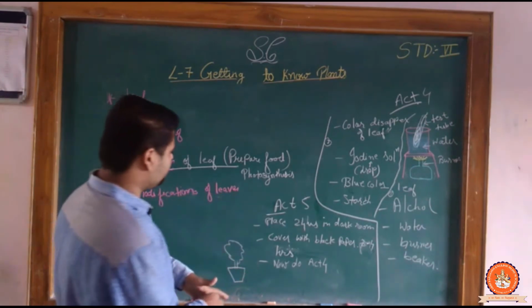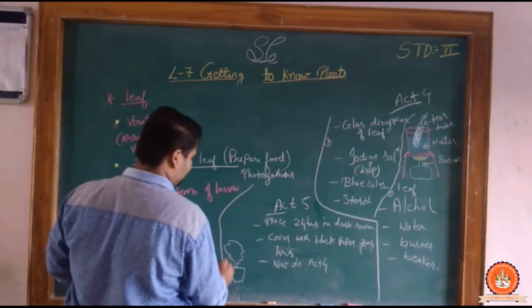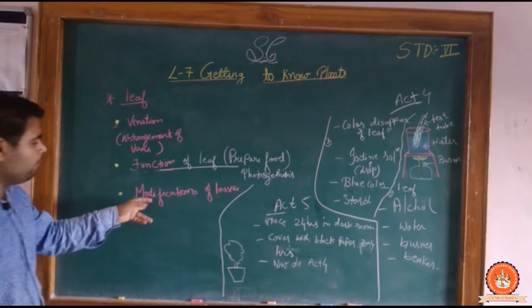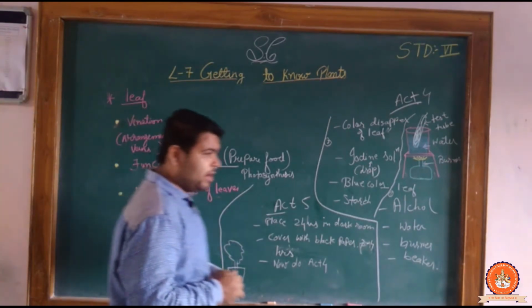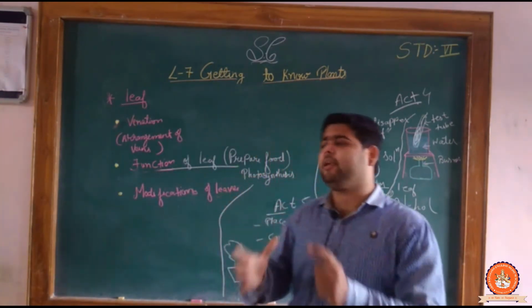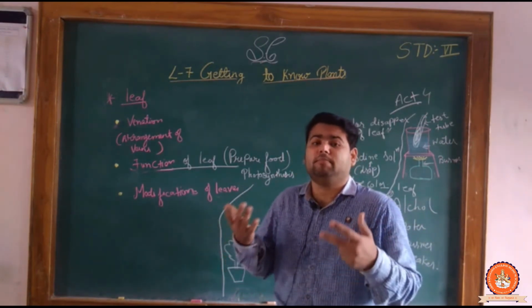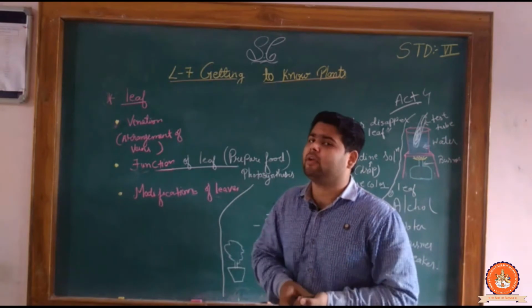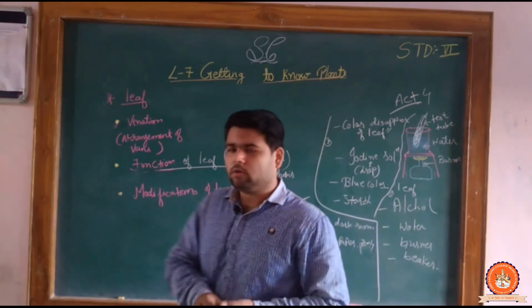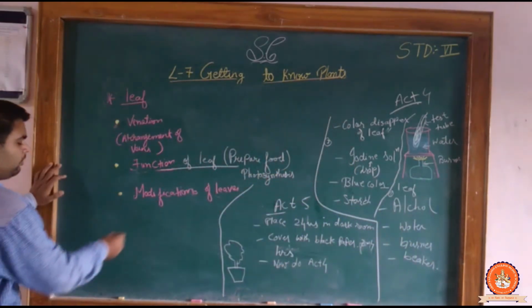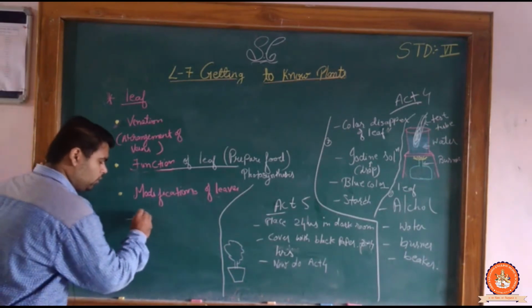Now these are our activities to understand the things. Now, another thing is the modification of the leaves. It is not needed that each and every time we are modifying the leaves. Sometimes the leaves are also modified by their own. Clear? So by modification, what we get is